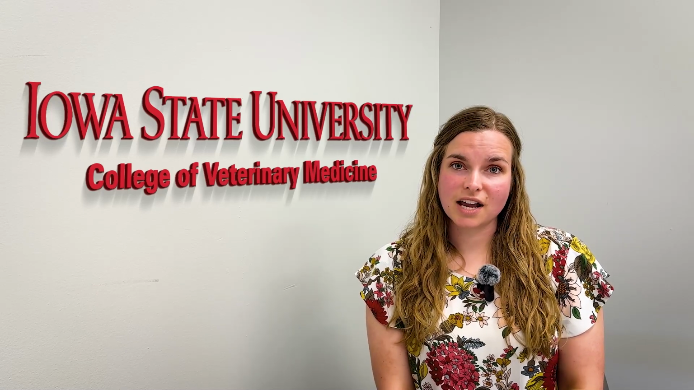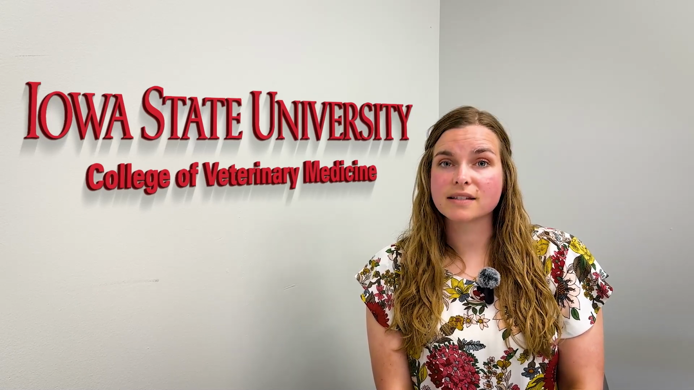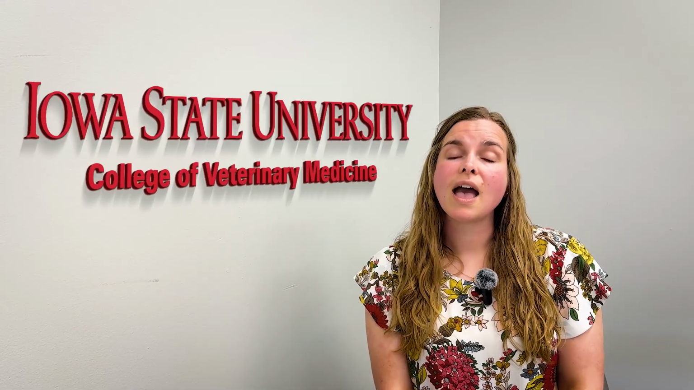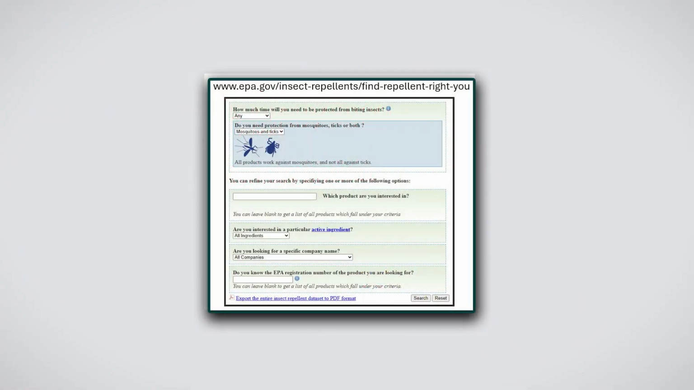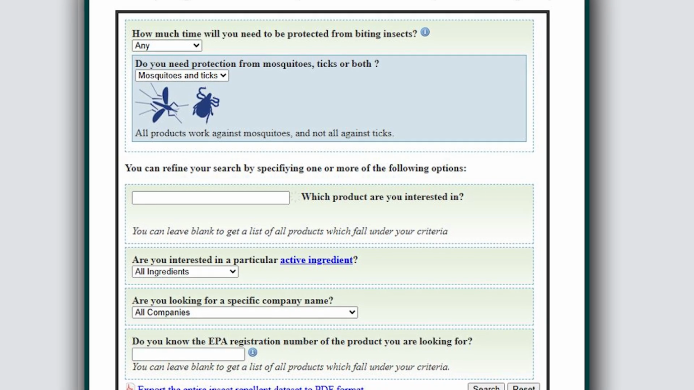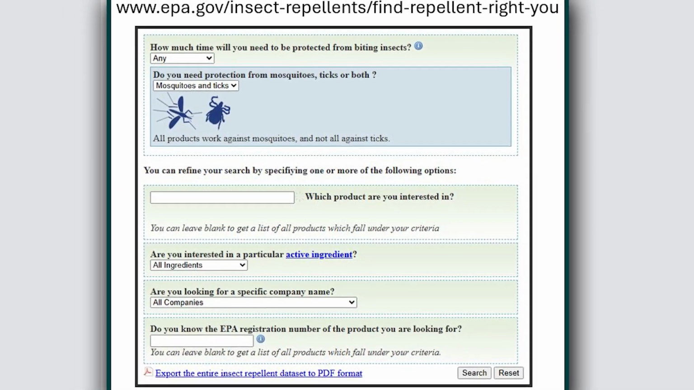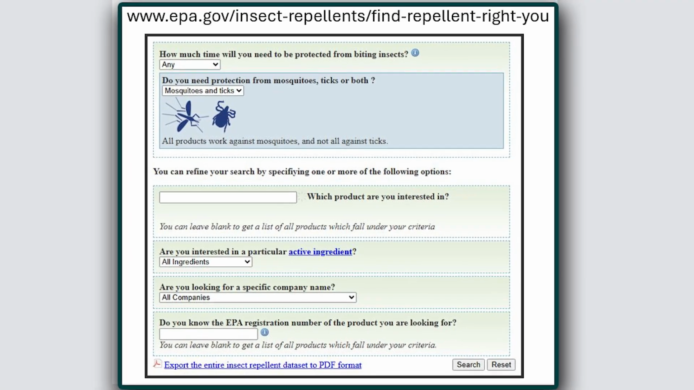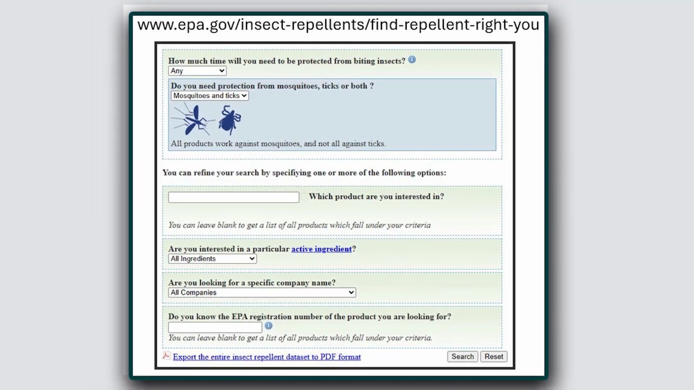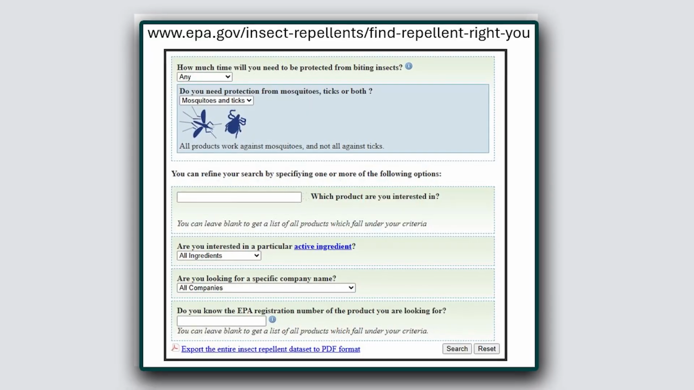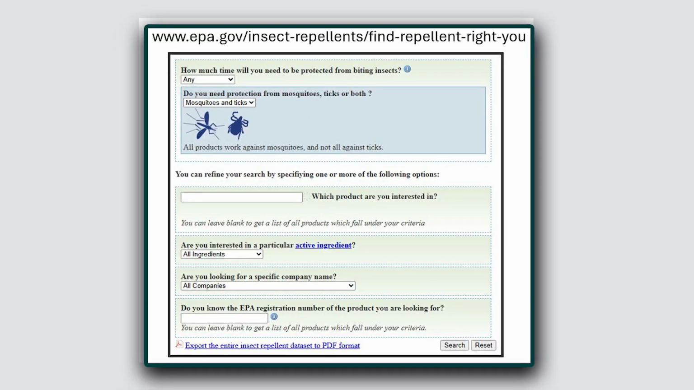So in addition to tick checks, doing things such as wearing long pants and long sleeves when you're outside can be helpful. And then there are products that are marketed for humans as well in terms of repellents. So when selecting a tick repellent for use as a person, you want to look for something that is EPA registered. So these are going to be the compounds that are going to be tested for both safety and efficacy for human use. And so some of the common ones are going to be things like DEET, permethrin, picaridin, oil of lemon eucalyptus, and then compounds such as